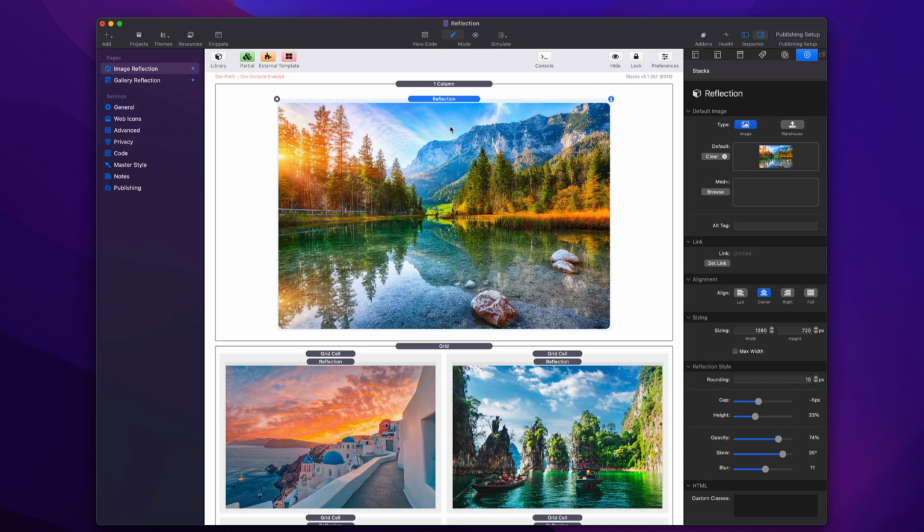So in this video, we're going to quickly show off the new Reflection version 3 stack. It's been completely rewritten from the ground up using native JavaScript, and it's got some really amazing new style options. So as you see, when you add Reflection to the page, we have the ability to define drag and drop